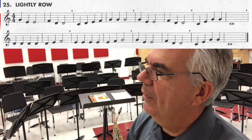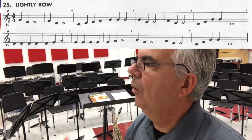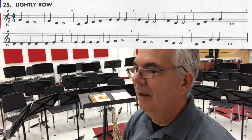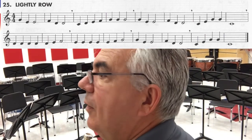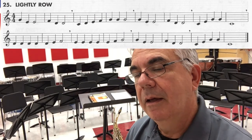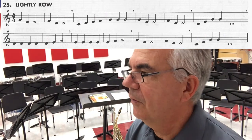So we're looking at the song Lightly Row. This is an old melody. I'm not even sure where it came from. I didn't learn it until I was actually in college learning how to play different instruments, and I was introduced to this melody. It's a really fun melody to play and very good for young musicians to learn how to